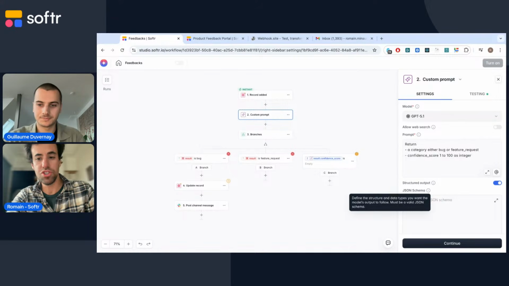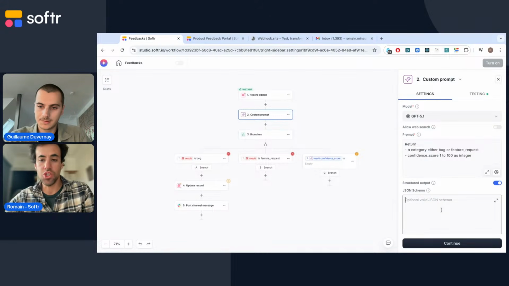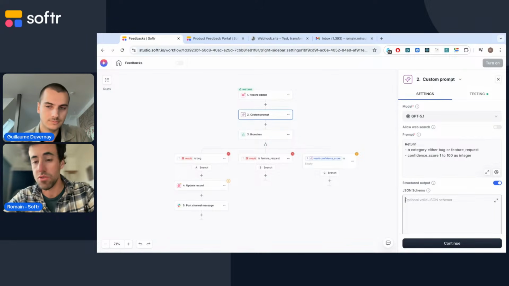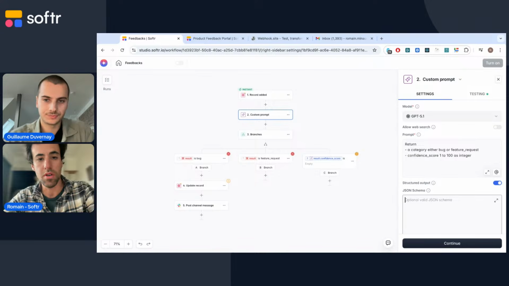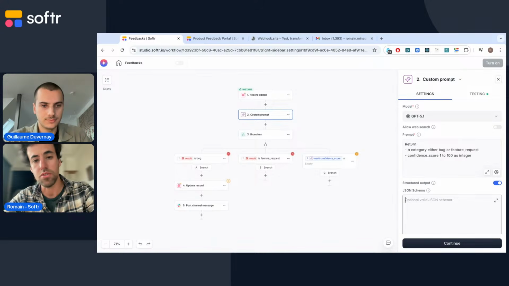Yeah, you can use a JSON schema to have something that is completely deterministic. It's a little bit more advanced, but essentially it will describe the schema that you expect, and it will always be the same. So you won't have any risk of hallucination giving you a different type of answer. And it makes it more stable if you use that downstream to do some filtering or branching.